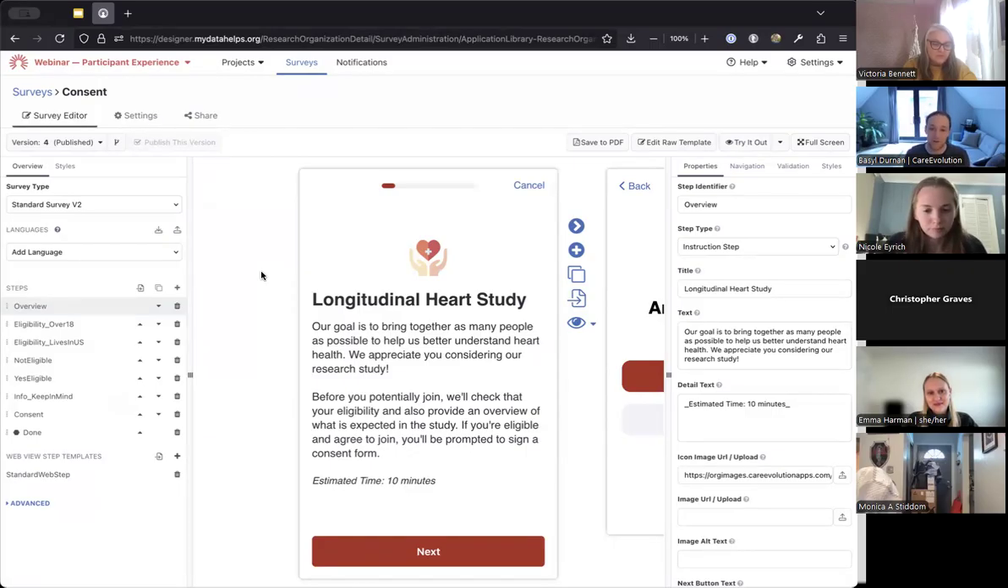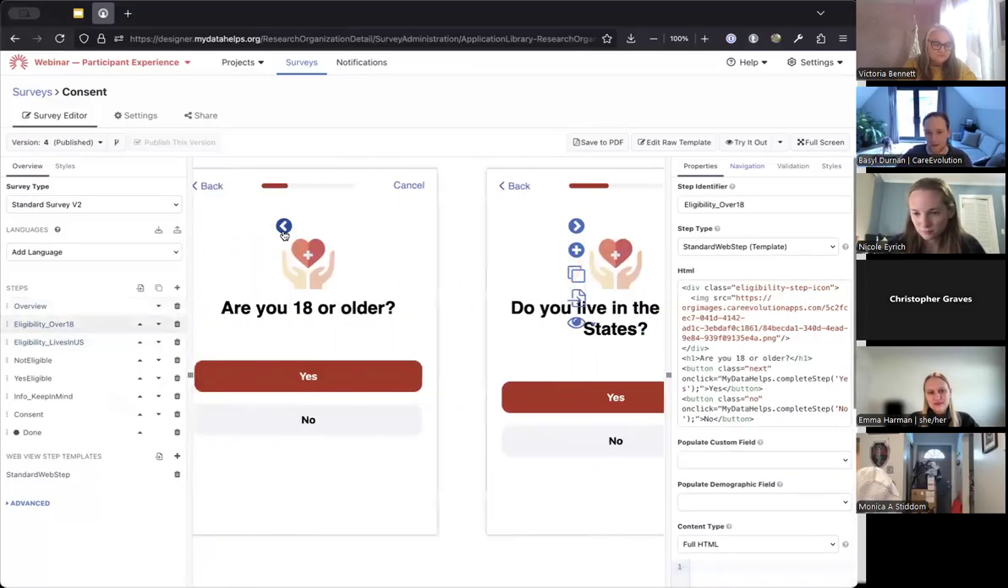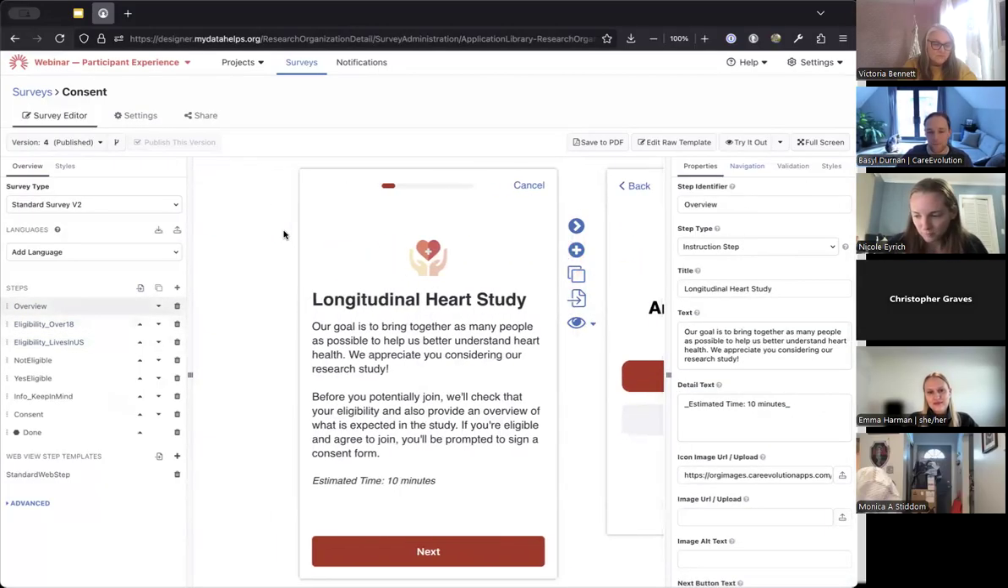This is a preview in the middle of what you actually will see when you get into a survey as a participant. You can see all the different steps here on the left, and then on the right, this is where you can configure what your survey will look like. Anyway, coming back to this, some changes that we immediately make to this kind of survey, rather than just starting